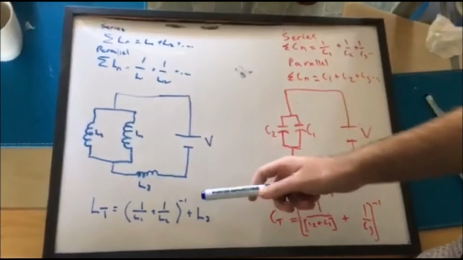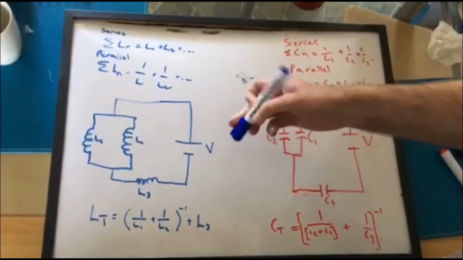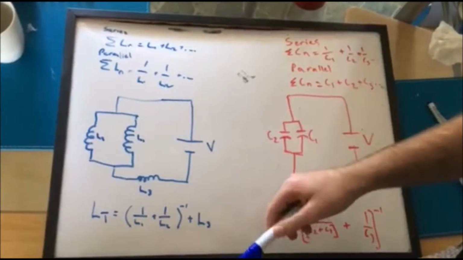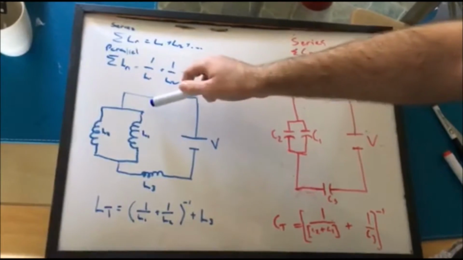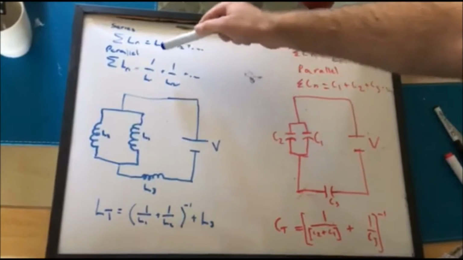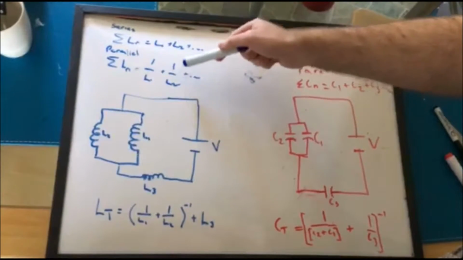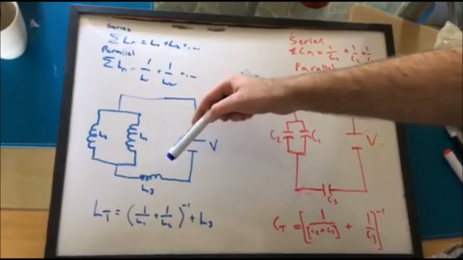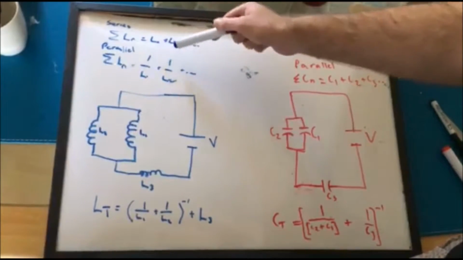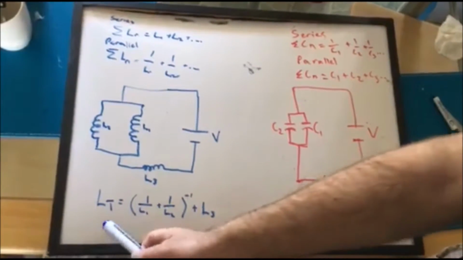Alright, so with our circuits, we have series and parallel configurations for inductors, and when you add inductors, you add them like you add resistors, adding their values. So you add the two in parallel with 1 over L1 plus 1 over L2, etc. And in series, you then just add them normally, so L1 plus L2,